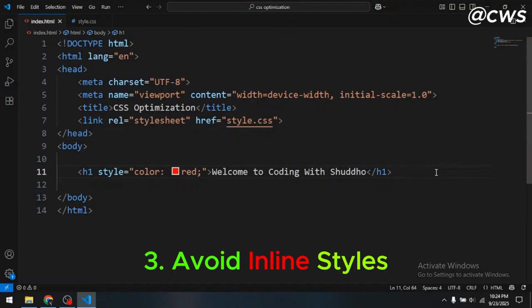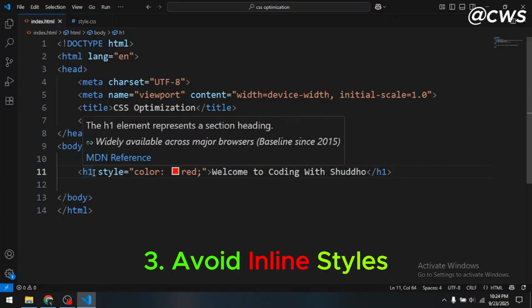Because when you use inline CSS, when the site gets refreshed, the CSS is also refreshed along with the HTML. That's why it needs more time to refresh the entire site. So you should avoid using inline CSS. Use